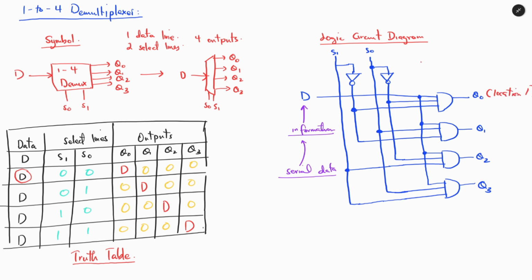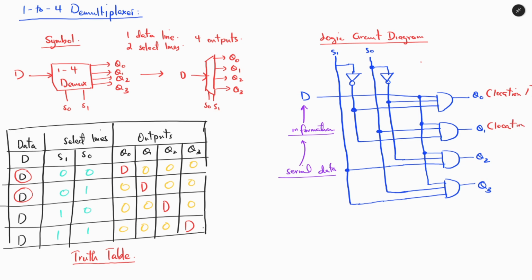And when we control the select lines by applying S0 equals 1 and S1 equals 0, the same data at the input will now pass through Q1,